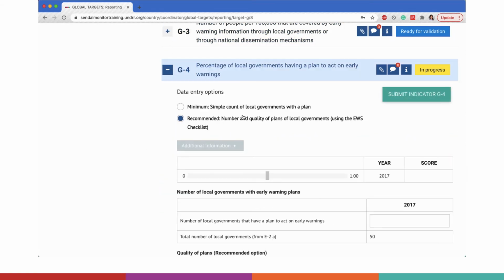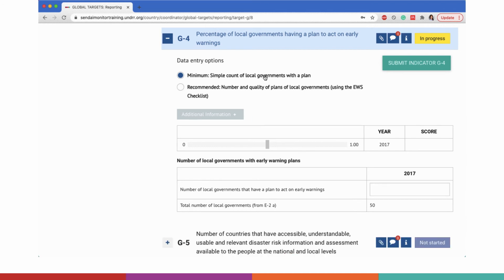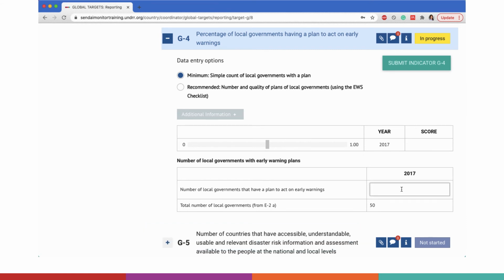Indicator G4 is the percentage of local governments with a plan to act on early warning. Plans to act on early warning may include preparedness plans, evacuation plans, response plans, or any other plans describing early warning response and evacuation. There are two options for entering data. One is minimum, which is the simple count of local governments with a plan.